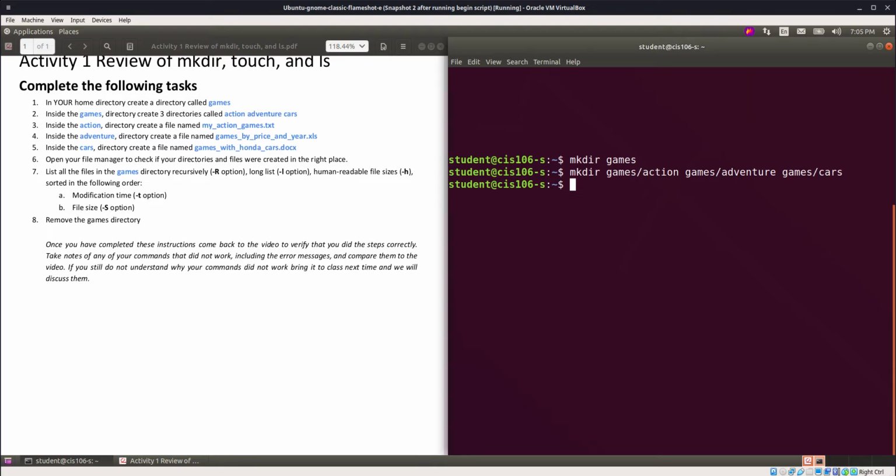Inside the action directory, create a file named myactiongames.txt. Now, if you don't remember which command creates files, go back to the PowerPoint, find the particular slide, and then come back to the terminal. That's how you test your knowledge. So I'm gonna do touch, and then I'm gonna go inside action, so that would be games, action, and then here the file is gonna be named